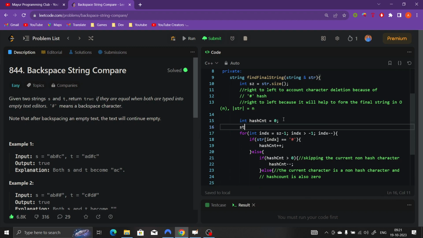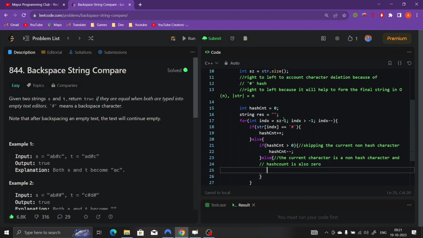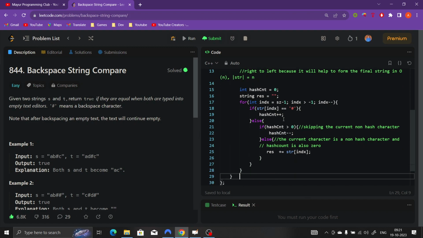Now let's alongside declare the final string that will be returned, initialized with an empty string as of now. Okay, so the current character will be appended to string x. Okay, and yeah, that's the case. I think the rest is all fine. We will just return the reverse string